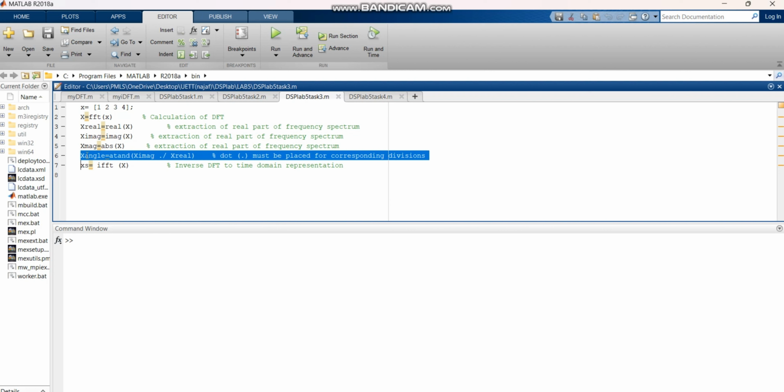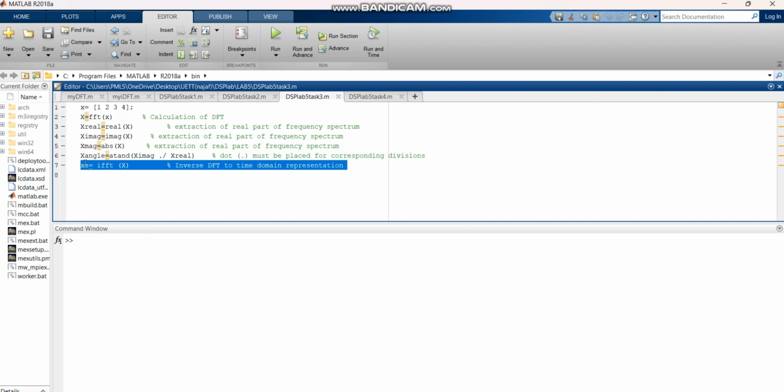The next line, xs equals IFFT of X, is used to compute the inverse discrete Fourier transform of the frequency spectrum X, which effectively converts the frequency domain representation back into the time domain representation and assigns the result to the variable xs. So when we run this code,